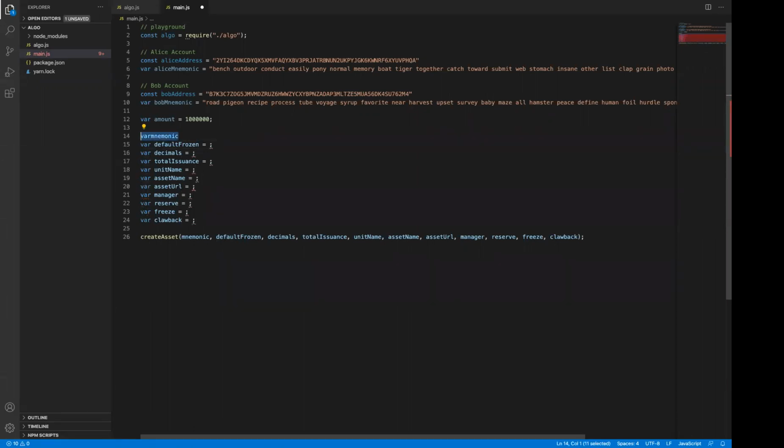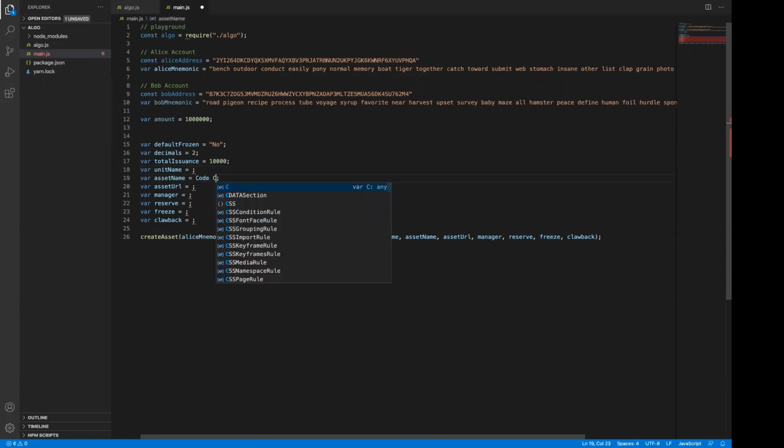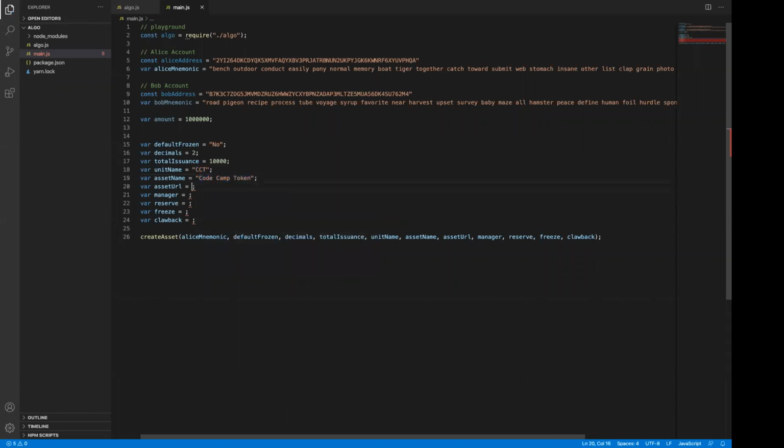For mnemonic, we will just use Alice's mnemonic here for this parameter. And for default frozen, we will say no. Decimals, let's say we want to have 2 decimals. And total issuance, let's say we want to have maybe 10,000 tokens. Unit name and asset name, I think so, code camp token. And the unit name could be CCT. And be sure that you quote this because it should be a string. And asset URL,